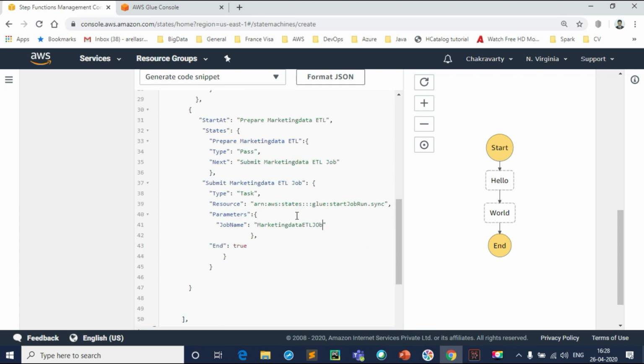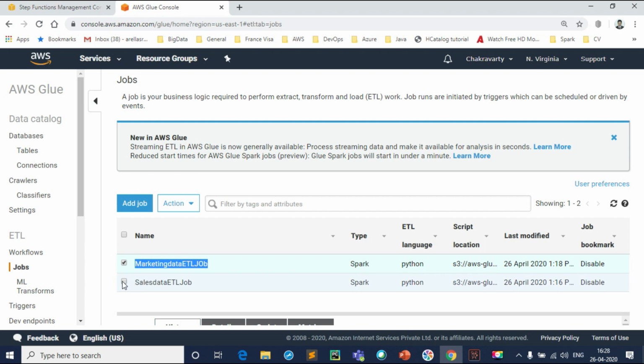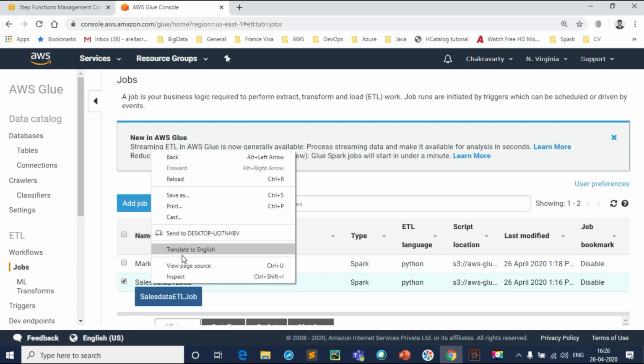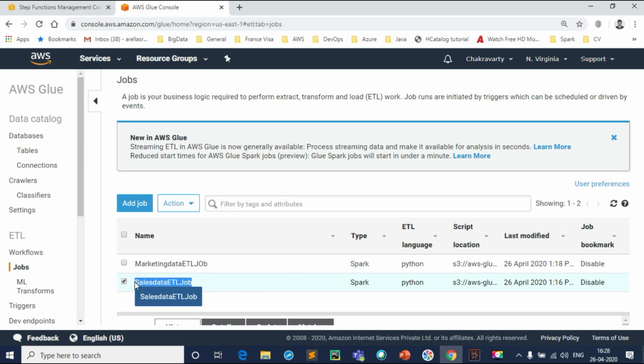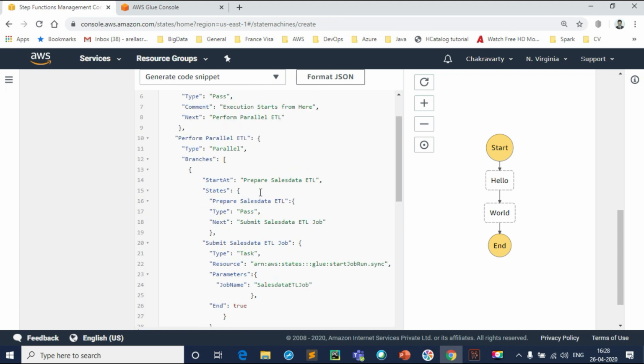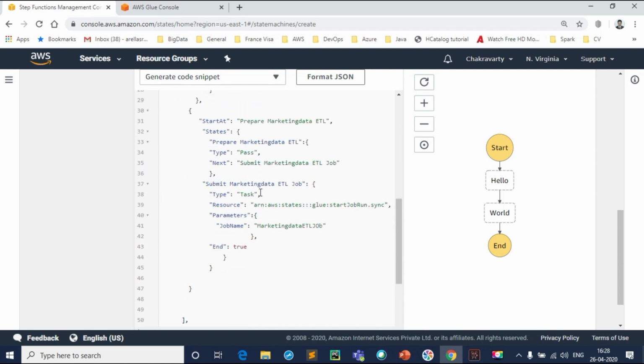So everything is set, and here we need to specify the job for sales data ETL. Here we have, copy it, paste it. So now we have created the branch for sales data ETL and the branch for marketing data ETL,